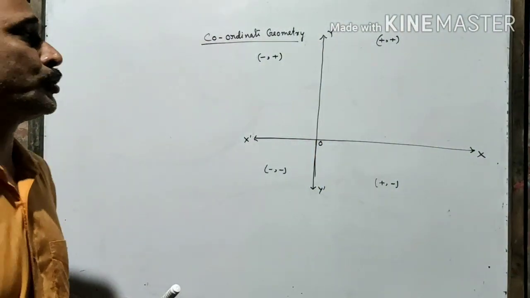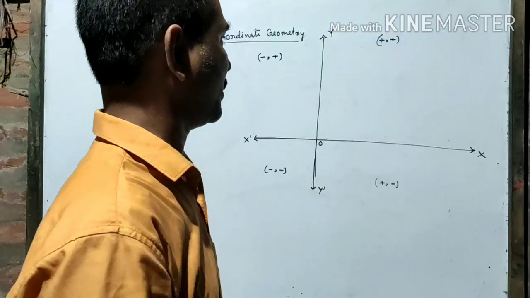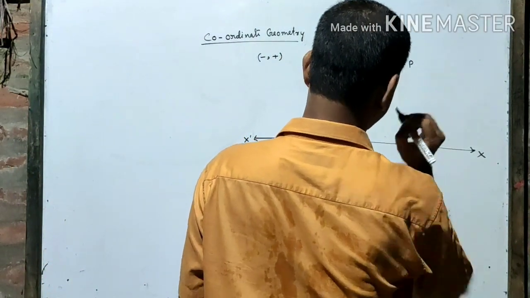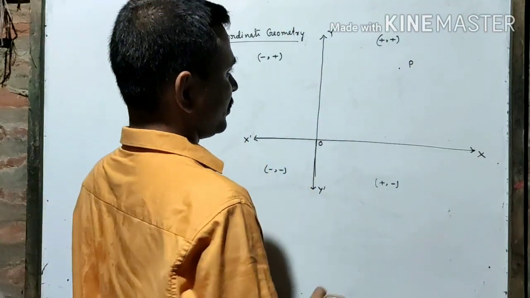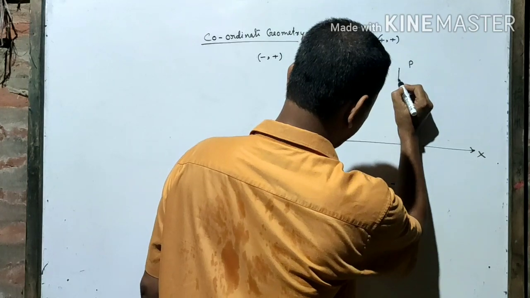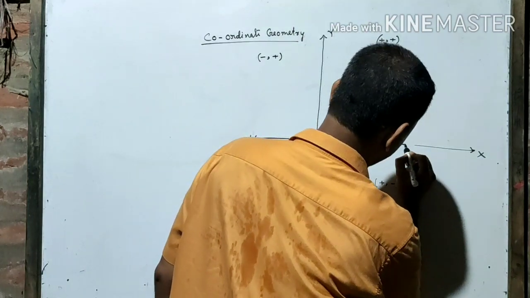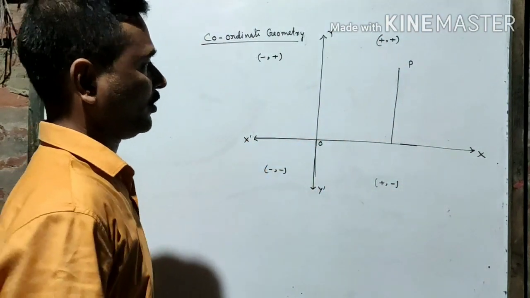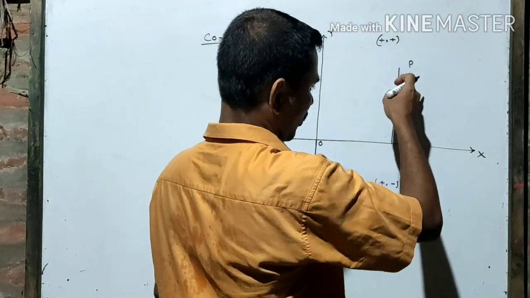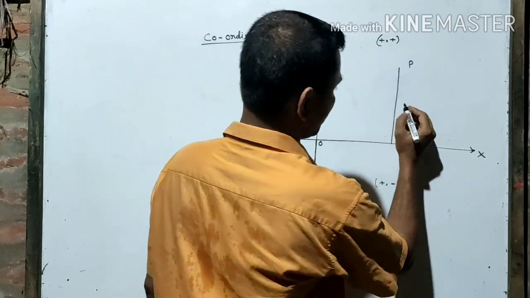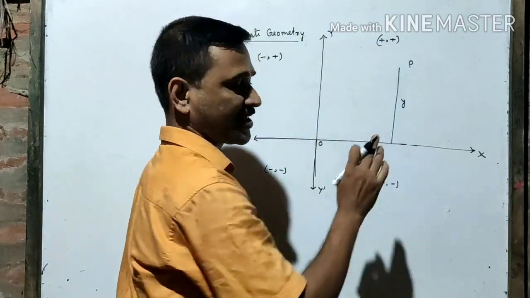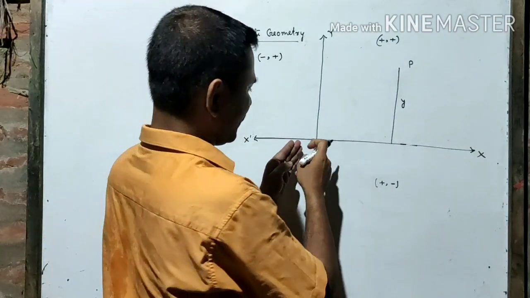Alright. Now how do we find the position of a point on a plane? Suppose this is a point on the plane. Then to find the position, we draw a perpendicular to any one of the axes. Generally we draw a perpendicular on the x-axis. Then the perpendicular distance of the x-axis from that point is its y-coordinate. Point to x-axis distance is the y-coordinate, and